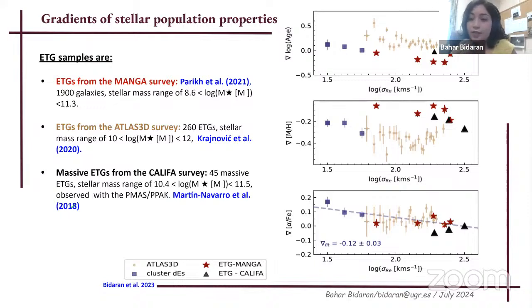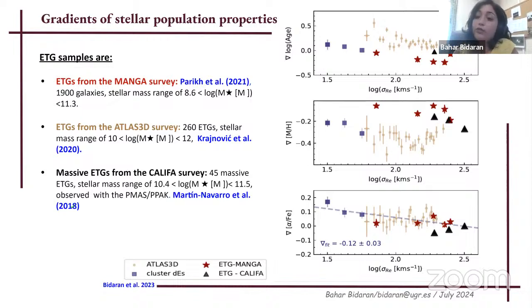with the gradients of alpha over Fe as a function of stellar mass or velocity dispersion here, meaning that for massive galaxies, this value is around 0. So in massive galaxies, there is no gradient of alpha over Fe on average. And it is because, remember, alpha over Fe is a proxy of the duration of star formation in a galaxy. And in massive galaxies, star formation is instantaneous, happens very fast, immediately, it doesn't leave time for the gradient